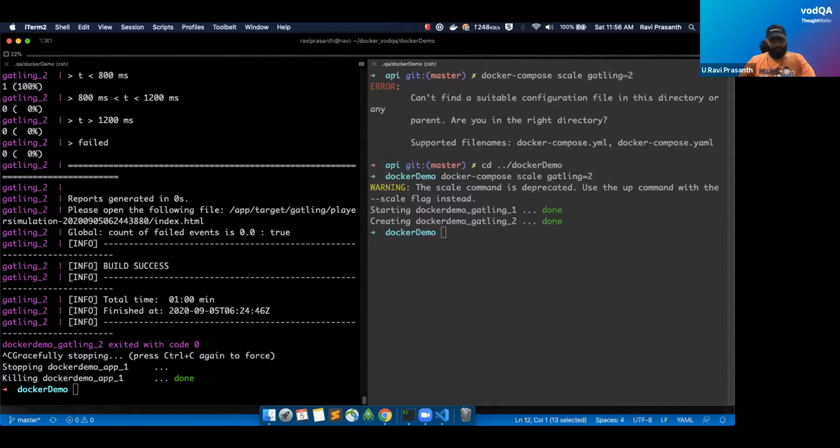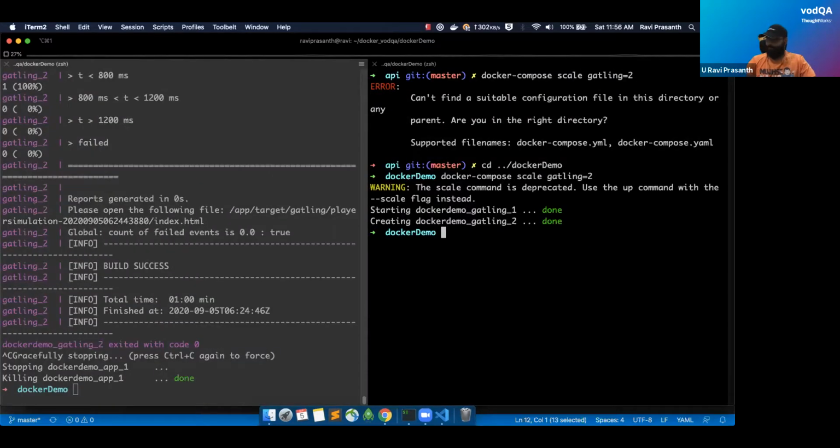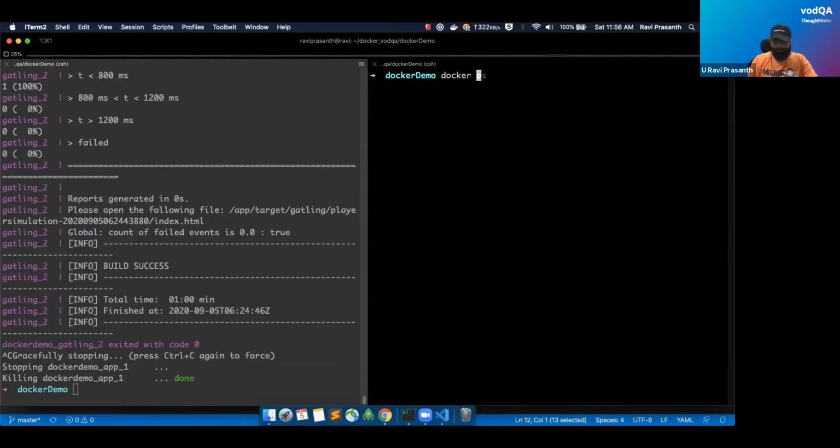How can I perform operations on a container when there is no UI? So you can execute into the container. Let me see if I have a container. Let me run the Docker thing: docker run app image. Let's assume this app image is where you are running the DB, let's say MongoDB, or PostgreSQL, as a container. You can execute into it, bash into it, and run all the commands there.